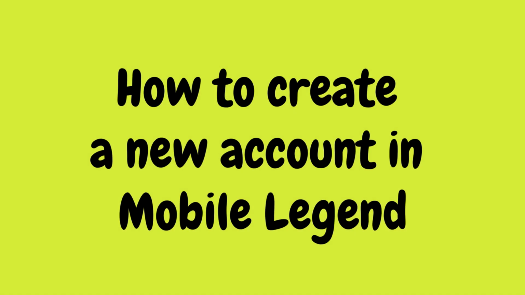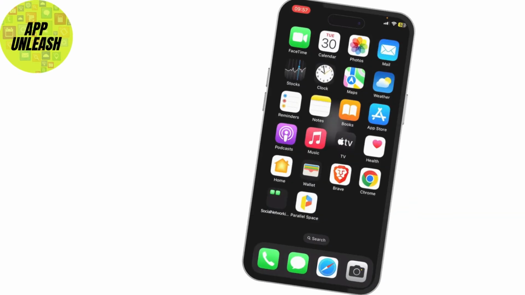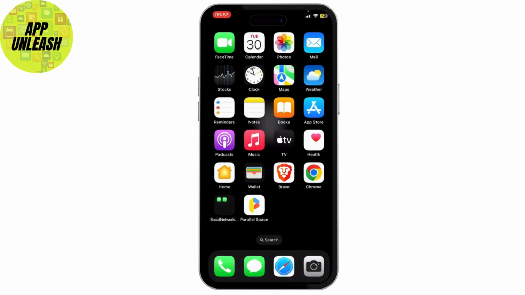how you can create a new account on Mobile Legends. Now from this method you will be able to create as many accounts as you want on your Mobile Legends,